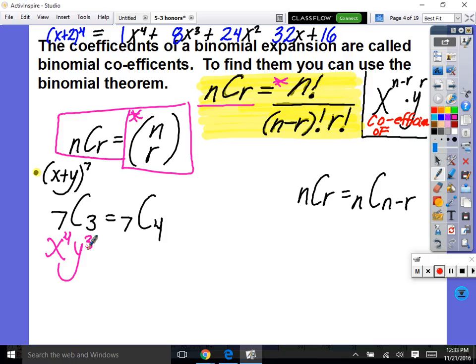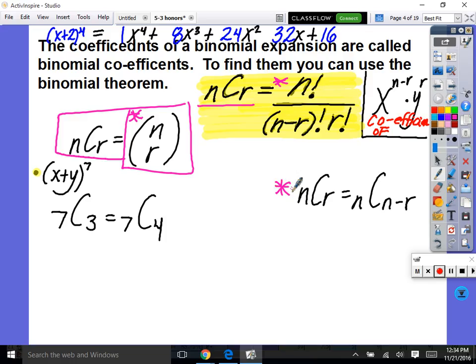You're like, well, where is that in that long expanded out thing? We're going to get there. So all I want you to focus on right now is this next piece. Okay, so one thing to note is this. 7 choose 3 is actually equal to 7 choose 4. So what I'm saying by that is